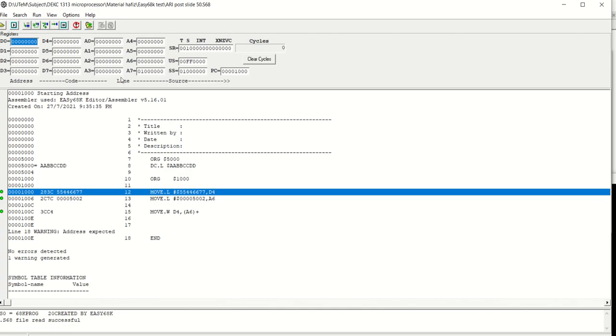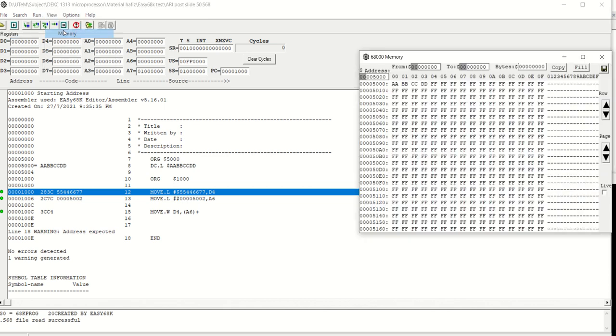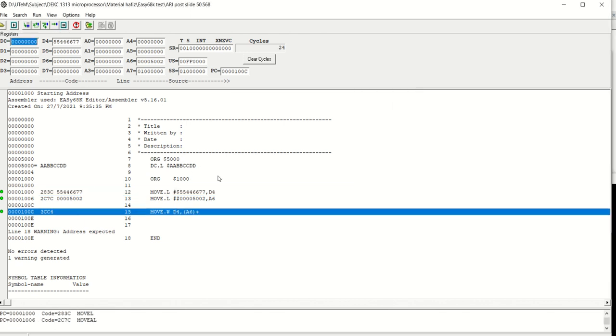Okay, so view the memory first. At memory location 5000 is AABBCCDD. Next execution, D4 and A6 will change. D4 will change to this value. A6 will be changed into this value, and then D4 to A6 plus.